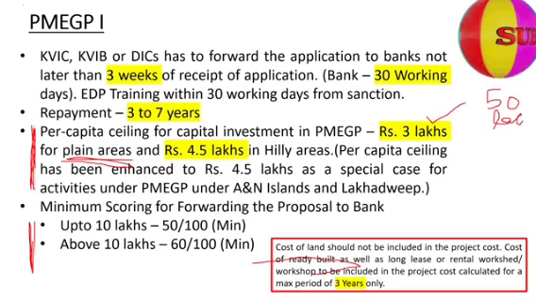Round off to the next number. Yes. Per capita cost cannot be more than 3 lakh. So suppose 50 lakh rupees project cost, minimum 16 for up to 48 lakh. Then for the next person also he has to give one employment. Okay. 3 lakh rupees per person. Suppose 10 lakh rupees project cost, he has to give minimum employment to 4 persons. Okay. I hope this is clear.